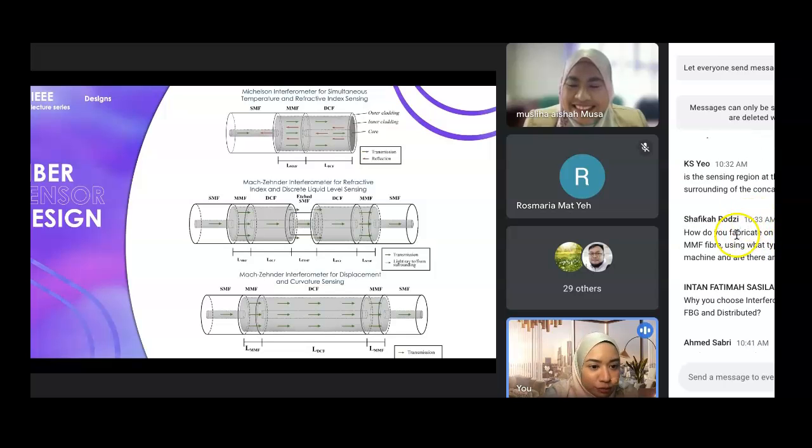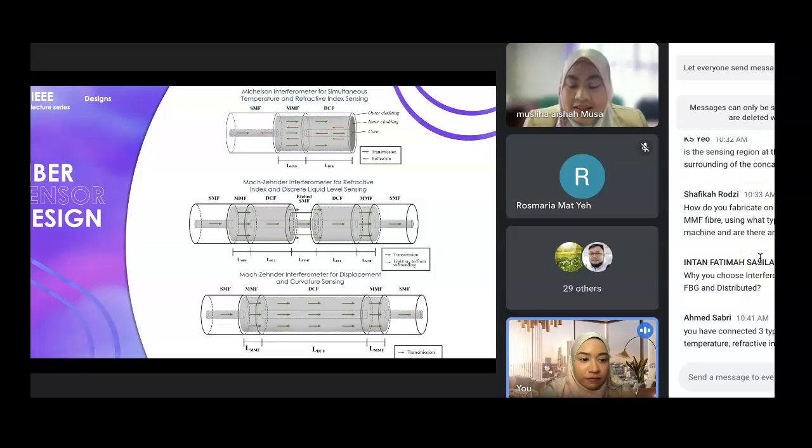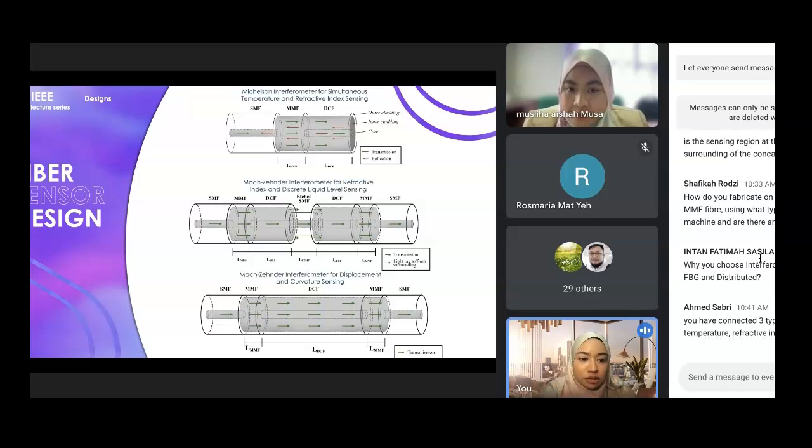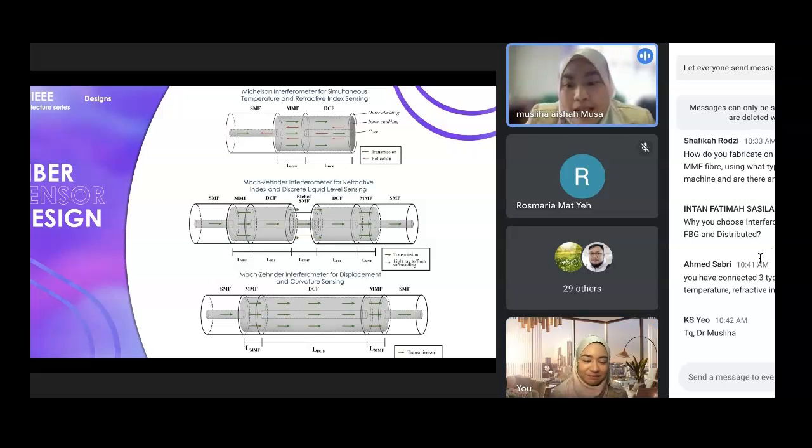How do you fabricate on small segments of DCF, MMF fiber, using what type of fusion splicer machine? And are there any special settings required? This question was from Shafika Rodzi. Thank you. Yeah, there is nothing special, but you must have a lot of